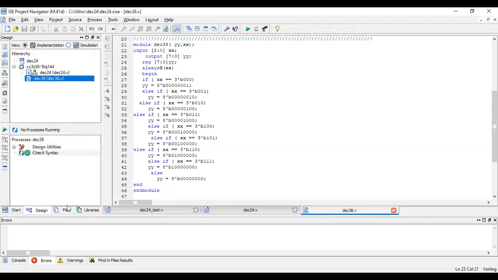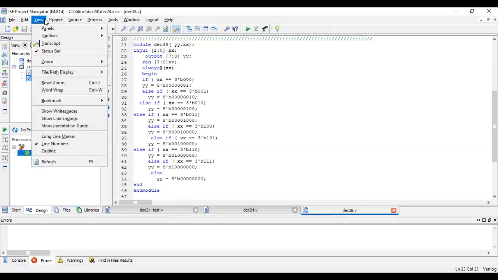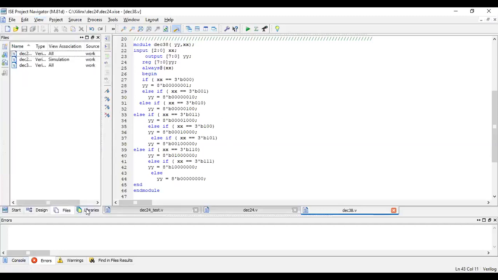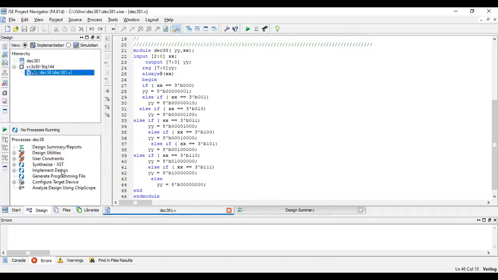So no errors, check syntax, no errors. And check whether it is correct.